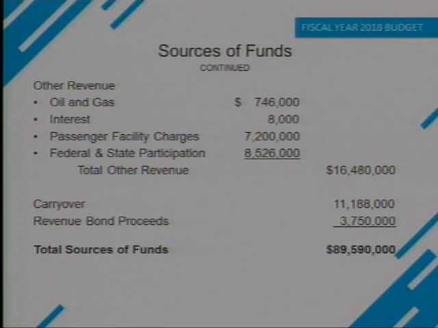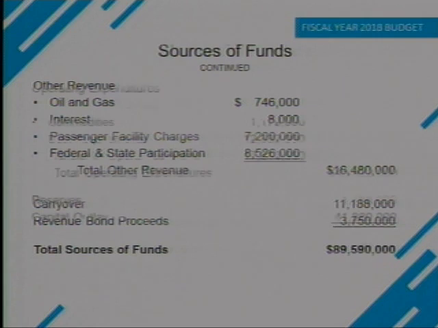We also are projecting $11,188,000 for carryover. Carryover, the majority of that is from the project fund that's used for our capital program, and it also includes the Mike Monroney Aeronautical escrow account. And then we're projecting $3,750,000 in revenue bond proceeds that are intended to be used on construction. So the total sources of bond proceeds, carryover, and the projected total revenues of $74,652,000 get us to the